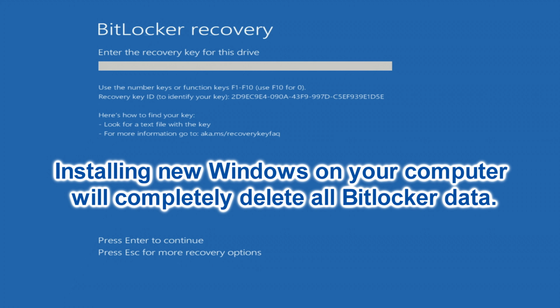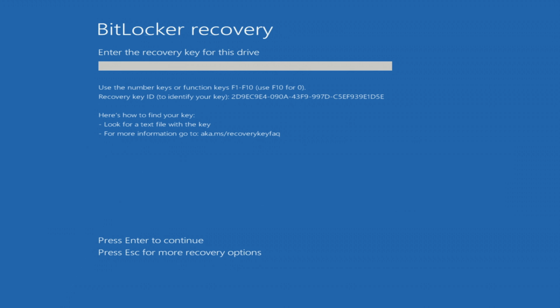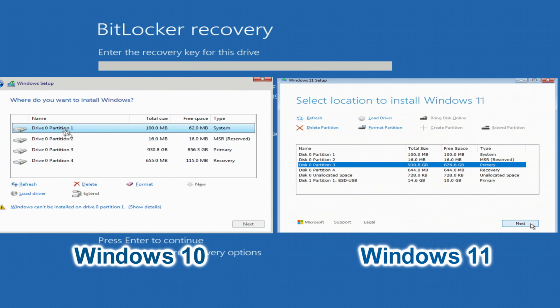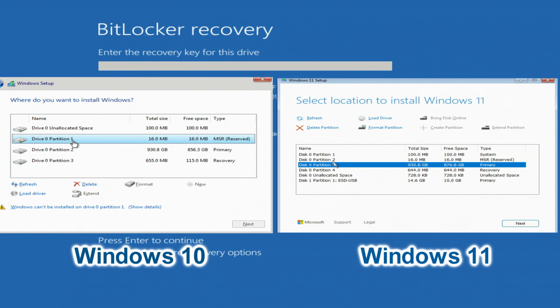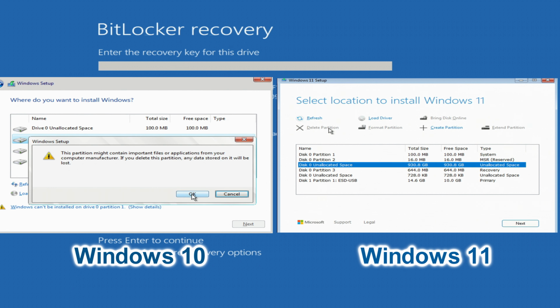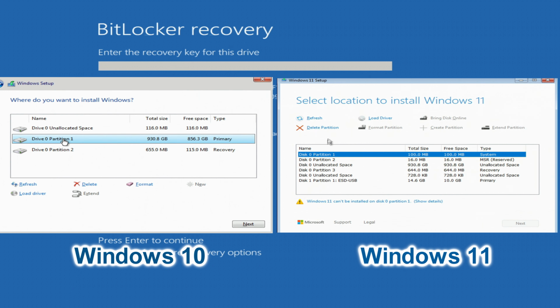To remove BitLocker from C drive, we will install Windows 10 or Windows 11 on the computer in such a way that there will be no trace of the old Windows and BitLocker encryption left on C drive. The start of the Windows 10 installation is different from the installation of the new Windows 11, and so that you understand everything in detail, first I will show the installation of Windows 10, then I will show the start